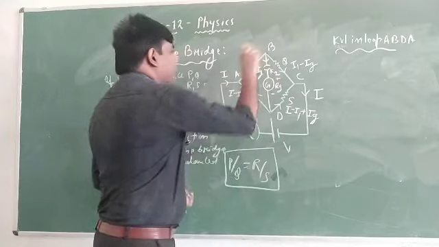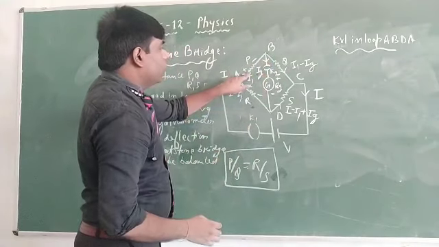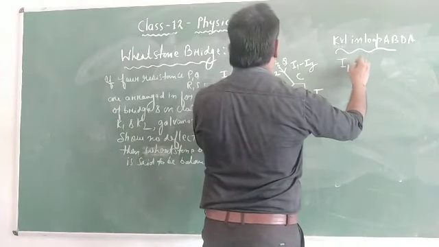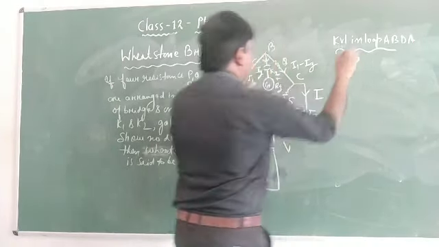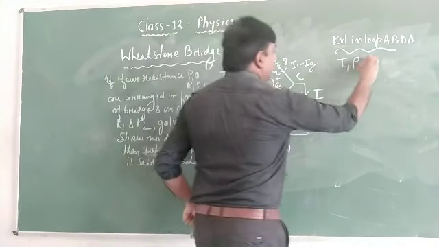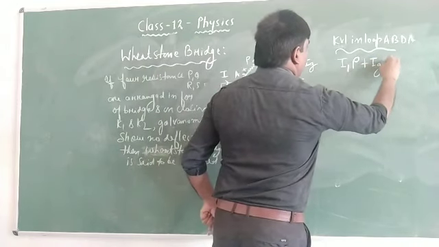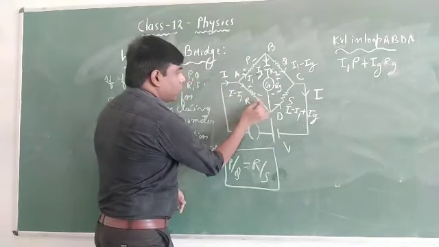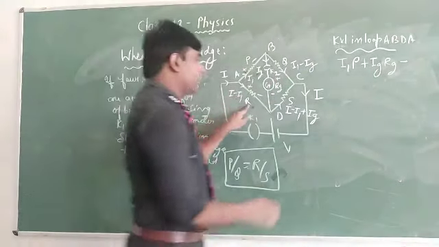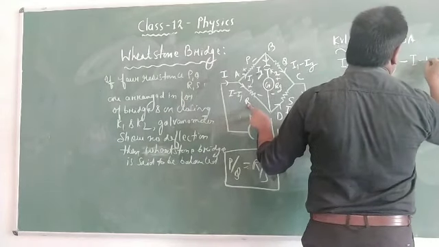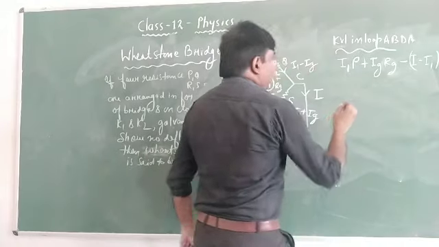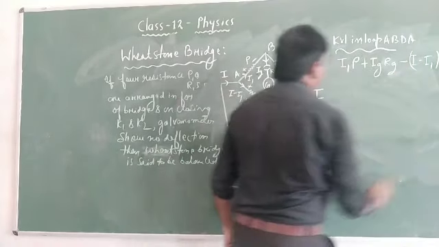Now you move clockwise or anti-clockwise. When I am moving clockwise, I am starting from here, it is plus, so it can be written as I1 P. Here when I enter, again the first point is plus, that is IG G. When I come here, the first point is minus, minus, current is I minus I1 and resistance is R. Right? Equation 1.